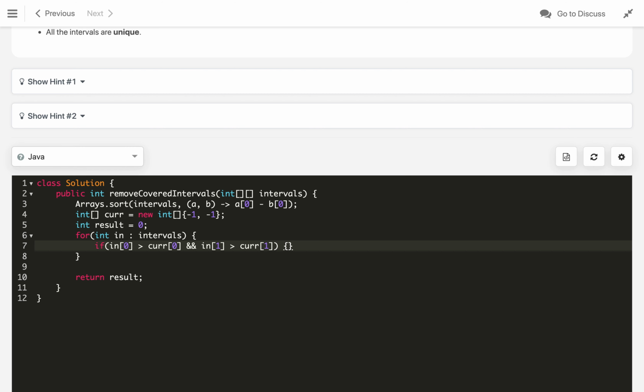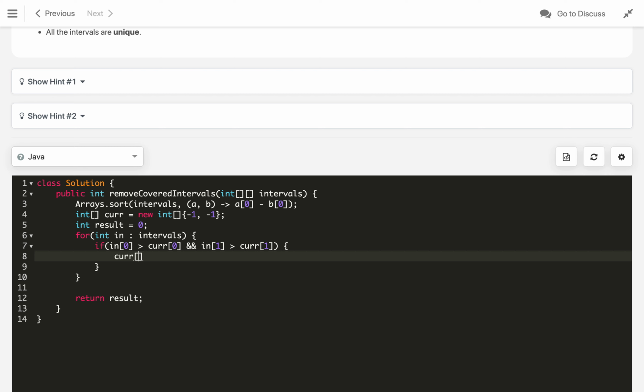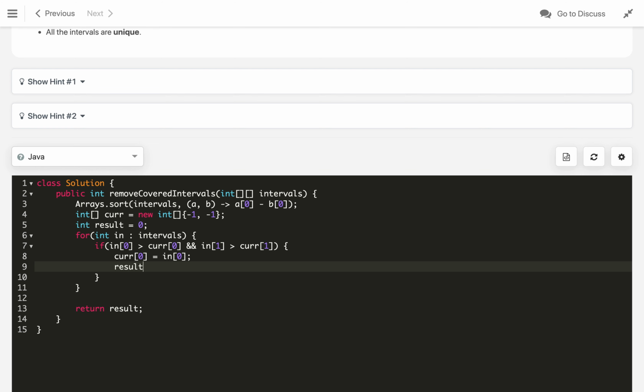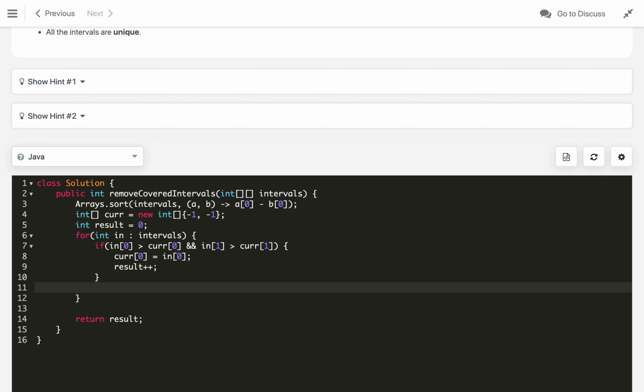In that case, we update the current interval of 0, the start, with the interval of 0, and also update our result, and we update the current interval of 1, which is the end, with Math.max of either itself or the interval's end.